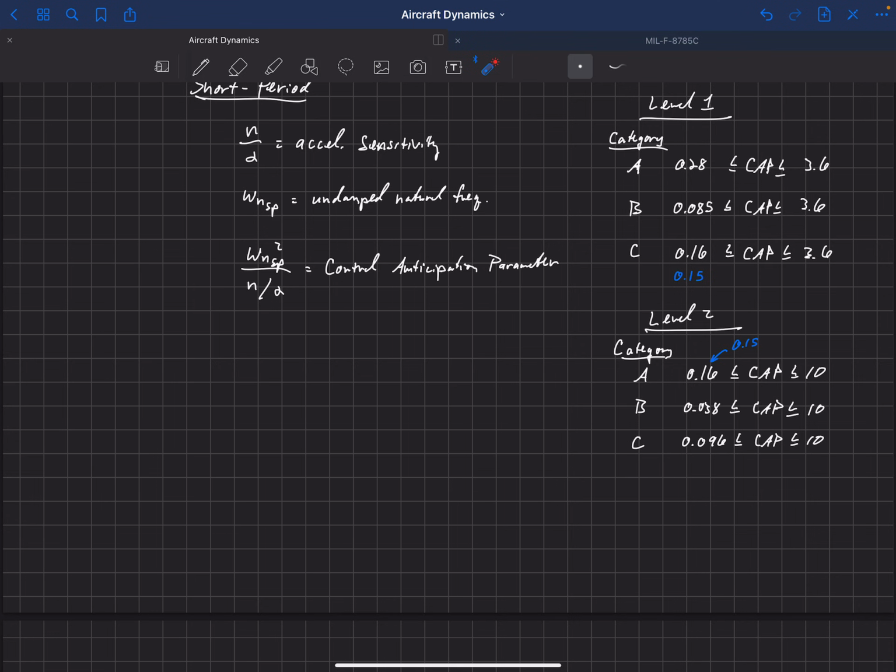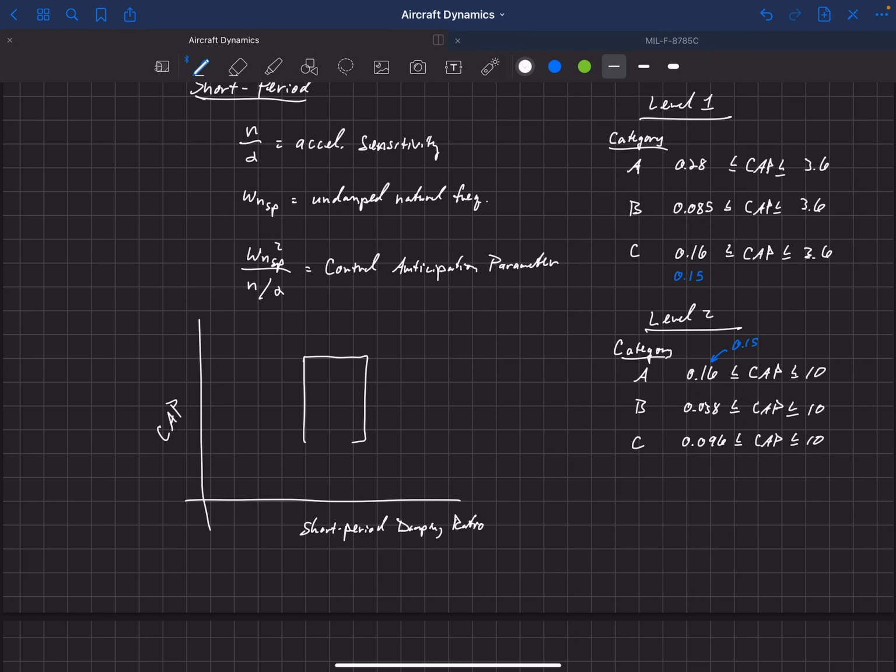plots, and I'll just sketch out what he does here with these results. He says, if we're going to have lines of constant CAP, and we know what the short period damping ratio needs to be, then we can plot those relative to each other. So we can put the short period damping ratio on the x-axis, and then we can put the CAP on the y-axis, and he plots these on a log-log plot, which I won't try to draw here, but then you get these regions that are just perfect rectangles,